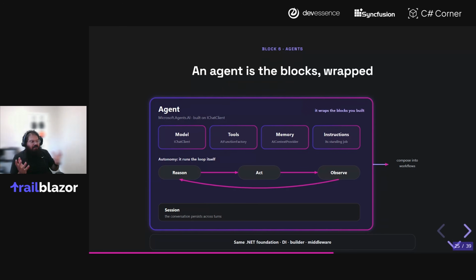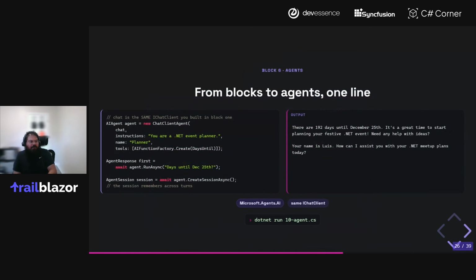The agent itself also has reasoning, acting, and capabilities to observe, and it also includes session management and things like that. So it does encapsulate a lot of things, but ultimately it builds upon all of these building blocks. And then you can get even more fancy and take the agents and compose them into blocks, but all of that is happening because of the primitives and the building blocks.